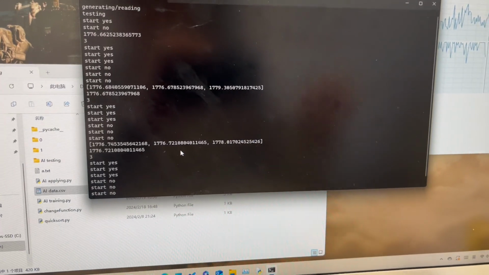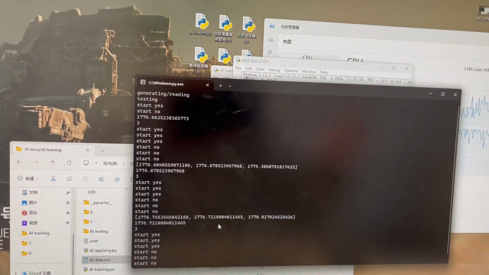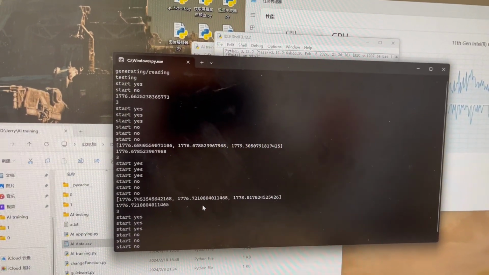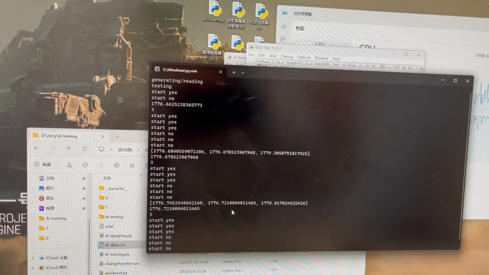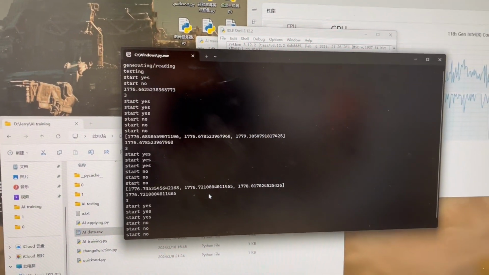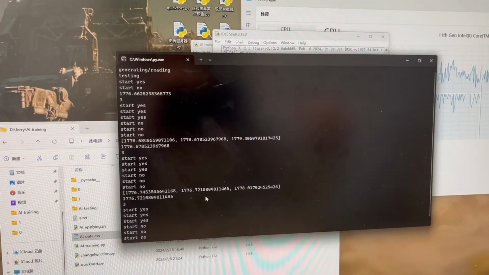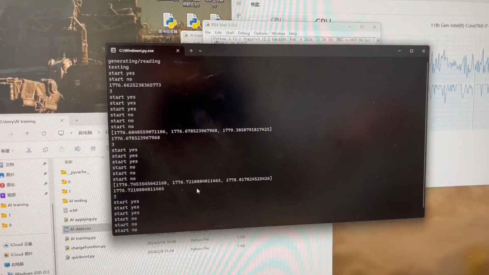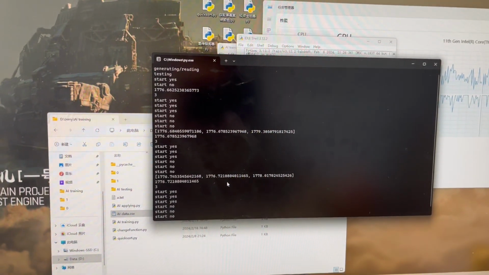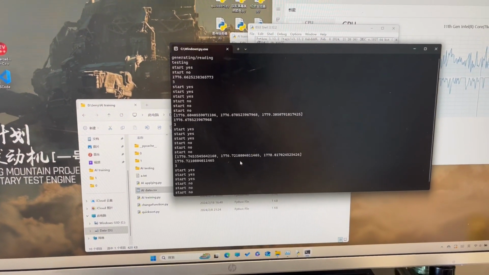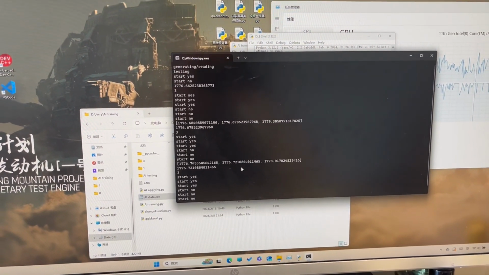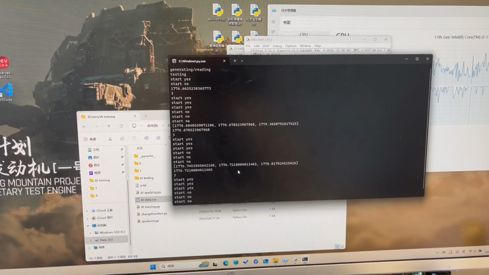As long as it has found an AI model that has a smaller error than the current smallest one, this program will end, record the smallest AI model into the file, restart itself, and the process repeats. So this is basically how my AI is working, and hopefully I can generate a relatively